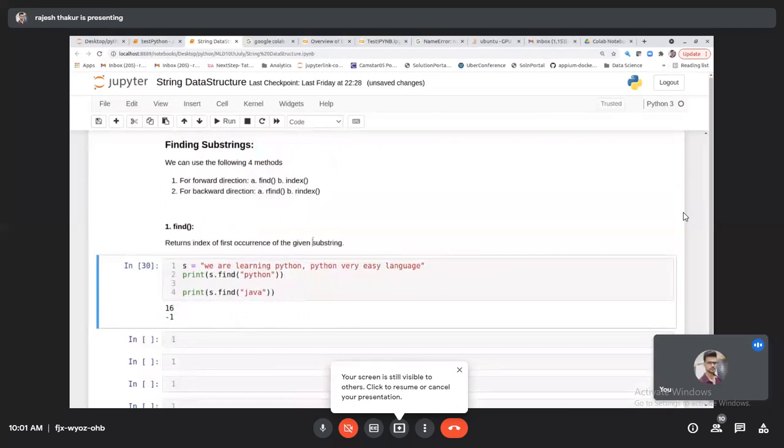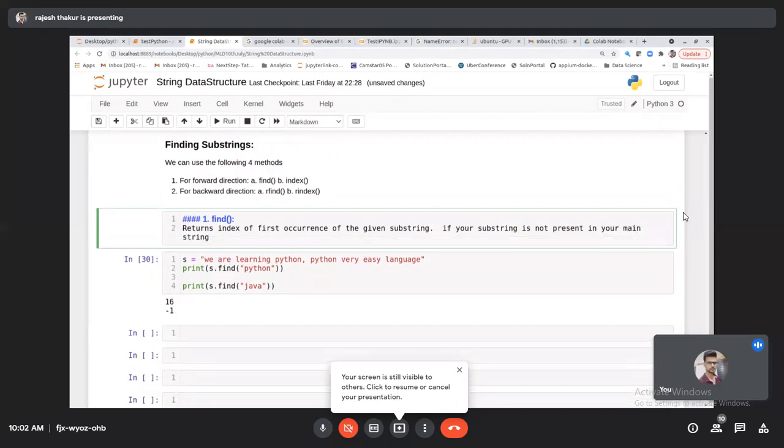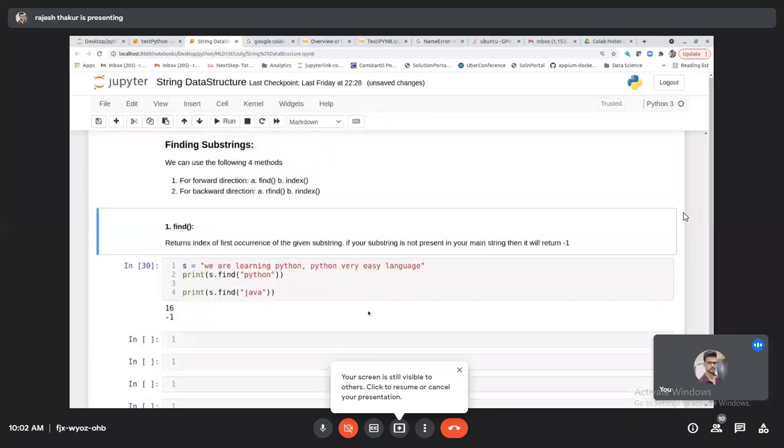So let me write this sentence as well. If your substring is not present in your main string, then it will return -1. Okay sir? Any doubts? So if the element is present, then it will return its index, otherwise it will return -1.